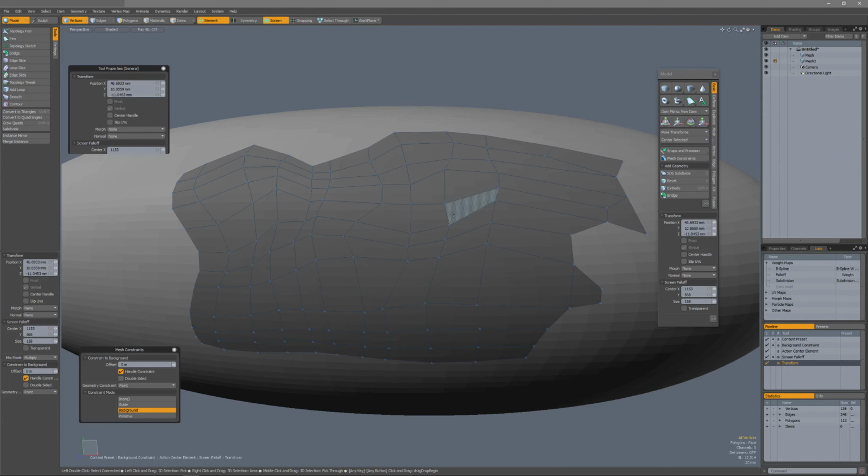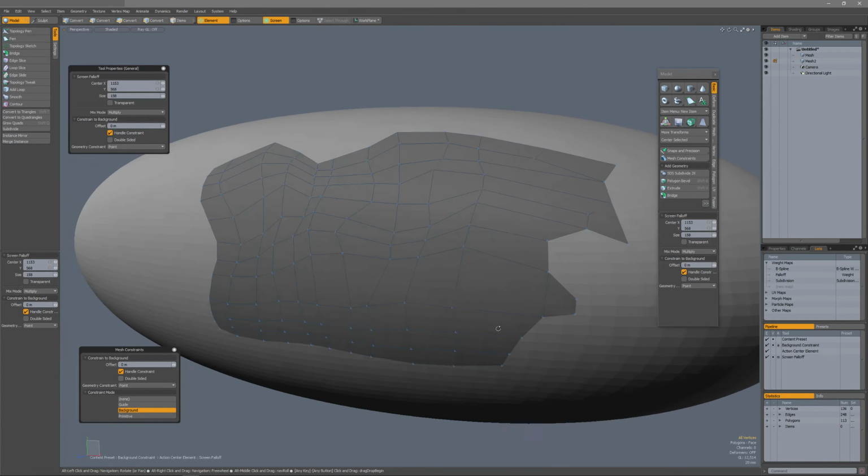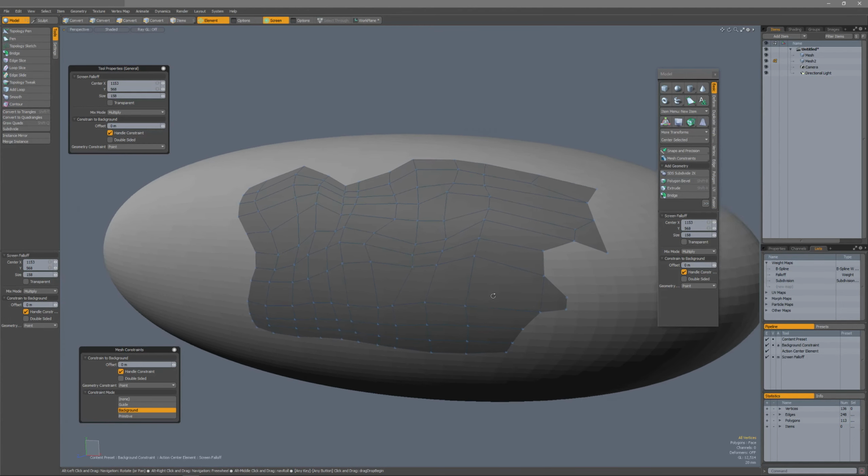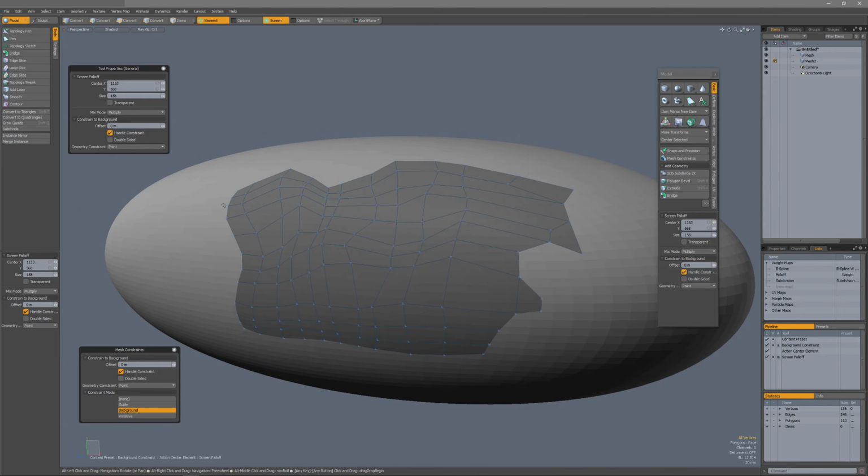Just like that. The next part that I wanted to show you is about smoothing. Smoothing with a fall off. So in the tools tab of the topology viewport, you have a tool called smooth. And if you hold down the control key, you will see that the smooth tool turns into a smooth brush tool. So first of all, let me select smooth,